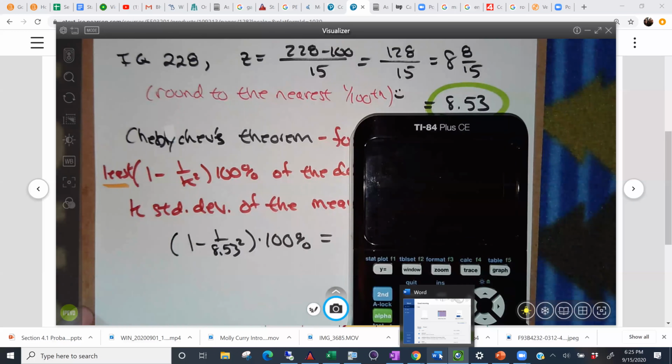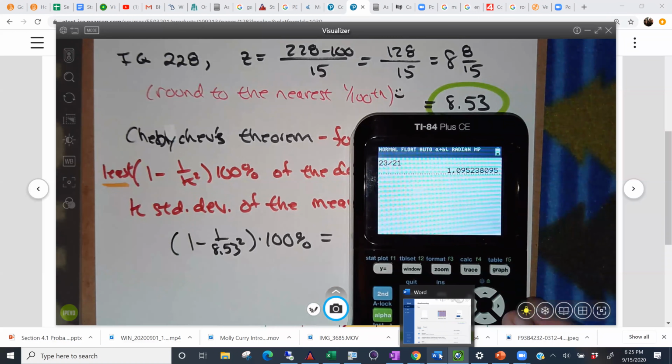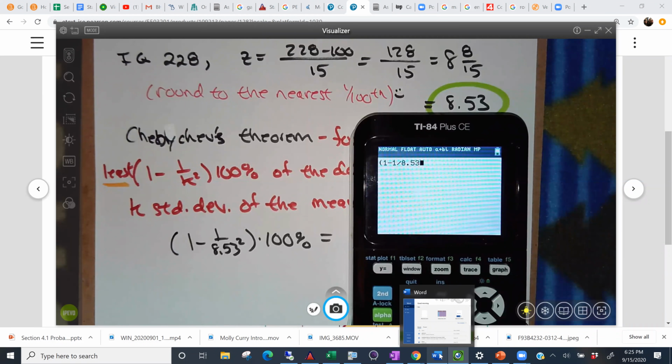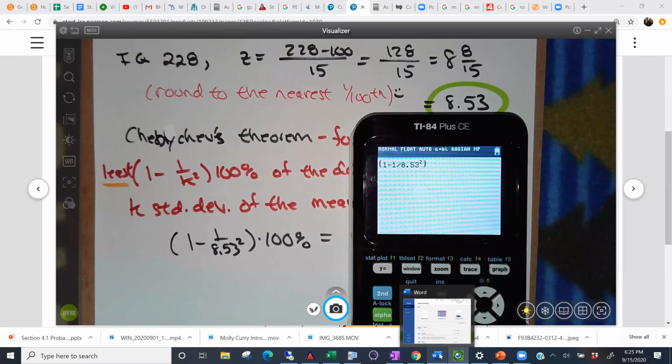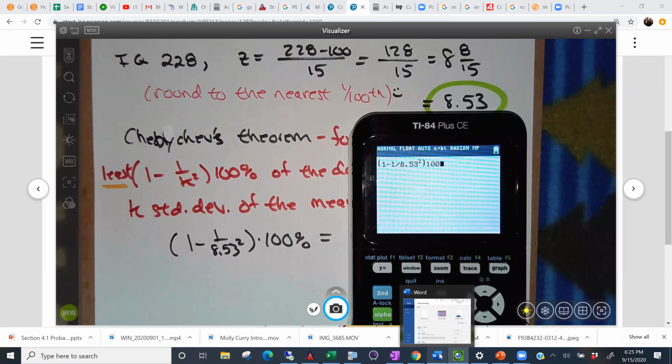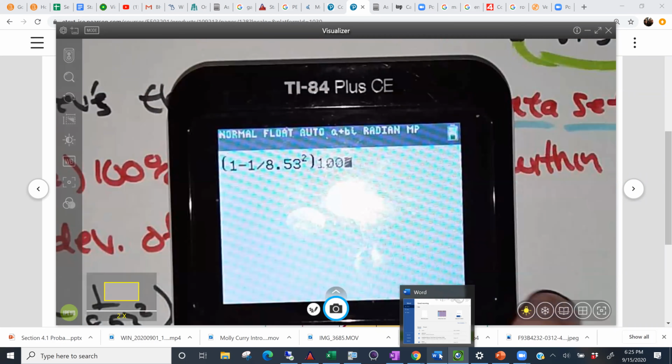Let me show that here on my calculator. So parentheses 1 minus 1 divided by 8.53, and hit the squared button on the left-hand side. Then a right parenthesis, and then 100. You don't need the times because your calculator understands that it's being multiplied like that. And it should give you about